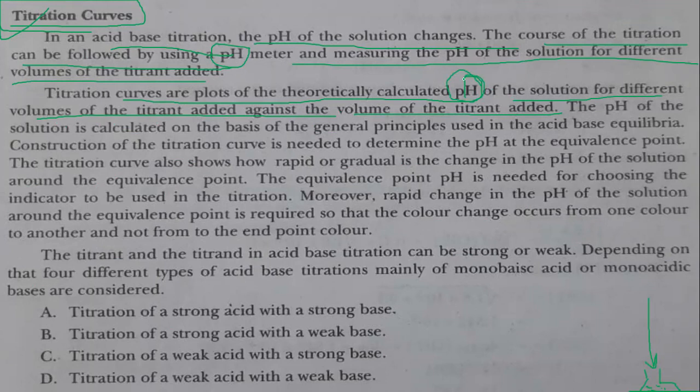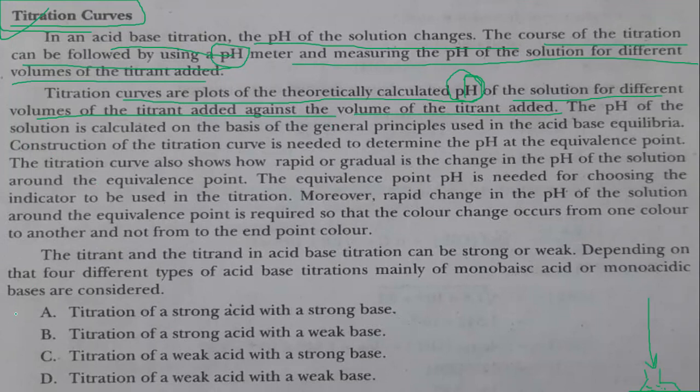What happens is, we will add 2 ml of titrant, measure the pH, then go again to the next 2 ml, that will go up to 4, and then we'll check the pH. Then again we'll add 2 ml of titrant and check the pH in the beaker or the conical flask, right? So in this way, we are measuring the pH with each addition of titrant. This will give you the pH at different points, from which you can calculate the titration curve.